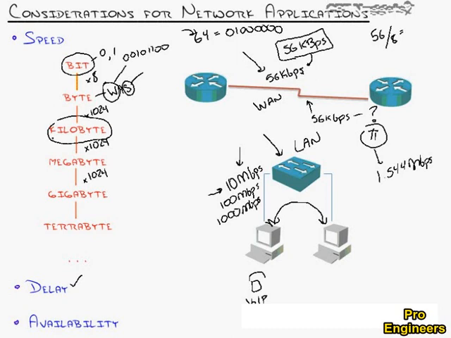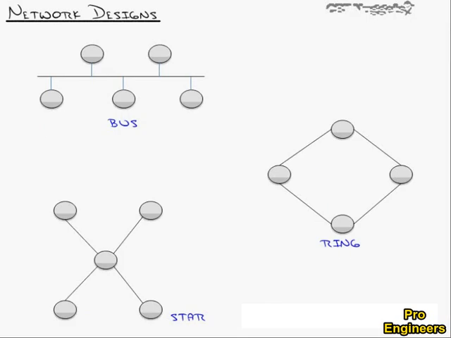All of those factors come in. Availability is how available the network roads are. If the network goes down and the road goes out, all application activity stops. For a business, that could mean the end of a business. Think of an eBay or an Amazon.com, a lot of online businesses. If the network goes out from under them, the entire business becomes unavailable.